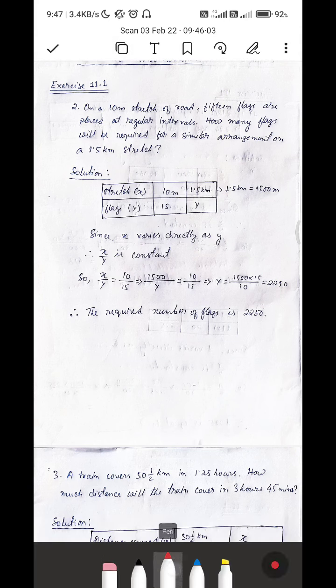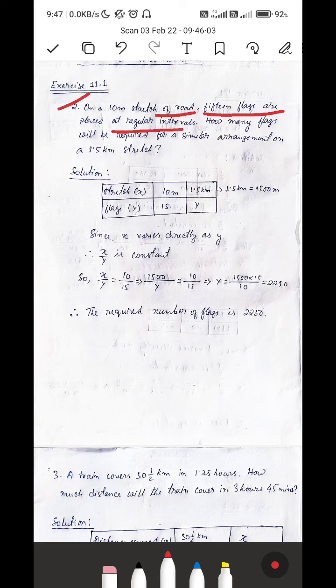Let's read the question first. Question number 2. On a 10-meter stretch of road, 15 flags are placed at regular intervals. This means the gap between the flags is going to be equal. How many flags will be required for a similar arrangement on a